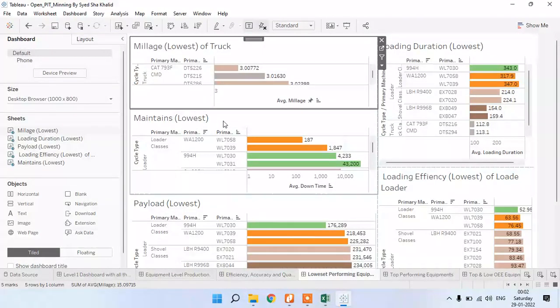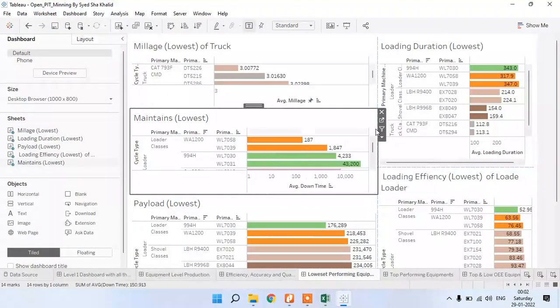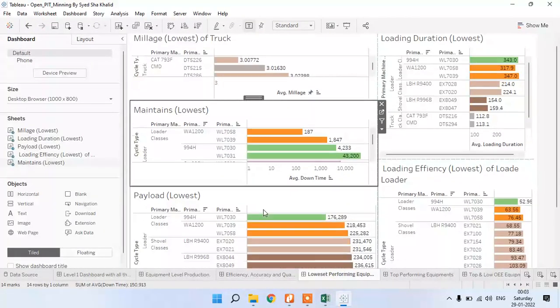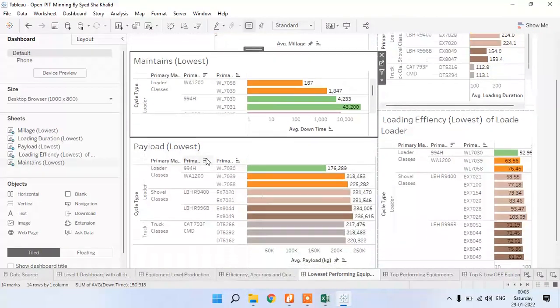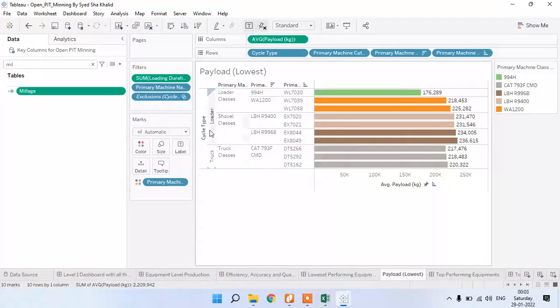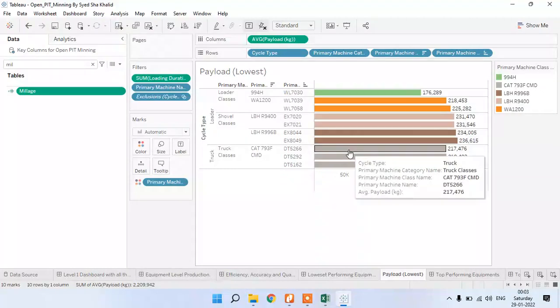Like that, I have created the maintenance also, lowest maintenance downtime. I have plotted against the downtime how much time is required for maintenance for the loader cycle and the truck cycle. Then payload: how much load capacity there is only for the truck cycle and loader cycle, not for the other cycle.